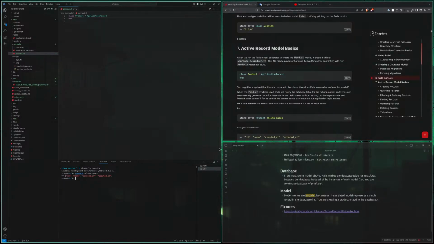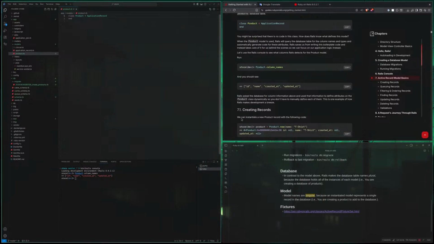Okay, this is cool. This is really cool. Rails asks the database for column information above and uses that information to define attributes on the Product class dynamically, so you don't have to manually define each of them. This is one example of how Rails makes development a breeze. Okay, yeah, I can see that for sure.